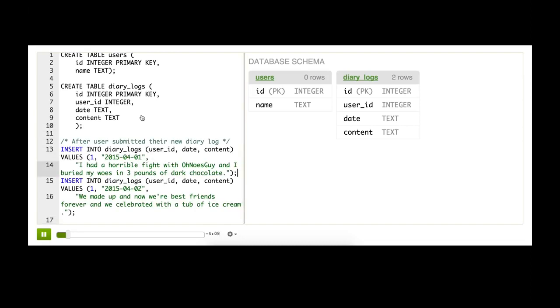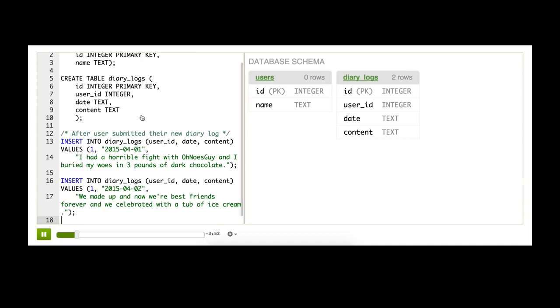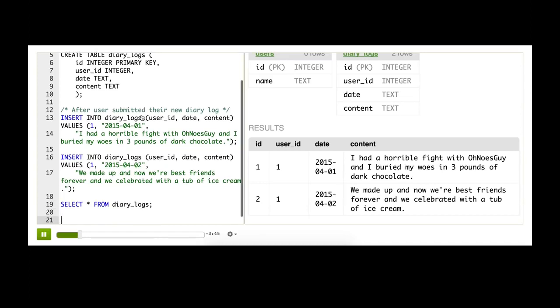So this inserts 2 rows for 2 diary logs, one day after the other. First, where somebody has a horrible fight and buries their woes in 3 pounds of dark chocolate, and the next day, of course, they make up and celebrate with ice cream, as you do. So we can check to see what our diary logs table looks like now, and we can see those 2